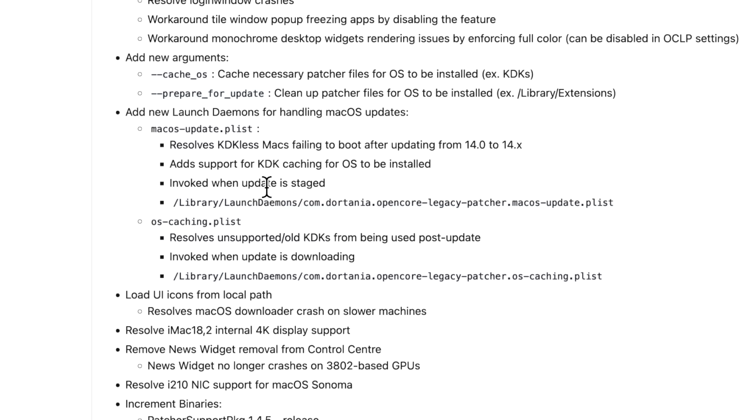It also adds support for KDK caching for the OS to be installed. That's going to keep that package in there, and it's going to download that when it detects that a new version of macOS update is being downloaded. It is invoked when the update is staged. It's Library, LaunchDaemons, Dortania, OpenCore Legacy Patcher, macOS Update plist, and that is what's going to be checking for that